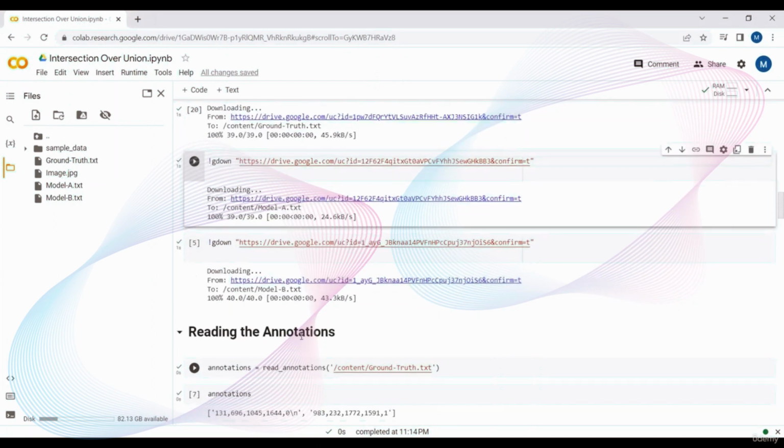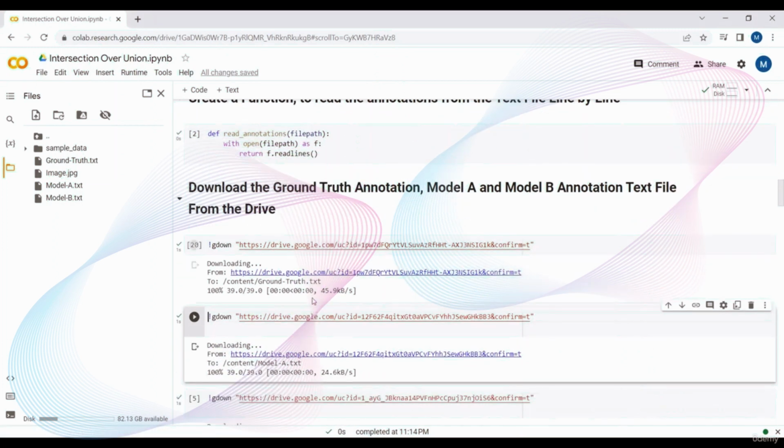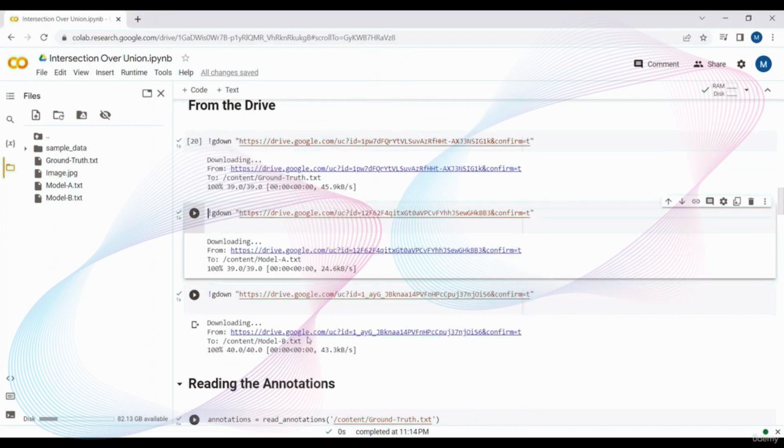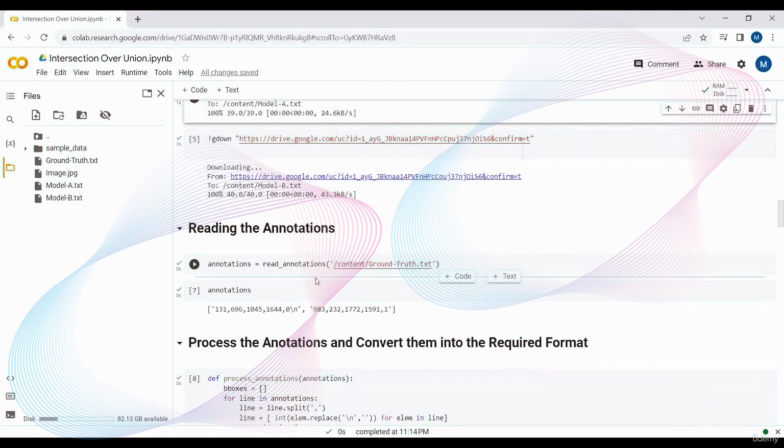Using this read annotation function, I will read the annotations inside these .txt files line by line. The annotations in the ground truth, model A, and model B .txt files, I will read all of them line by line using this read annotation function. For example, if I just want to read the annotations in this ground truth.txt, which I have downloaded from the drive into this Google Colab notebook,